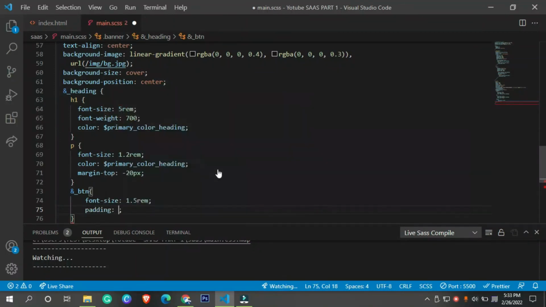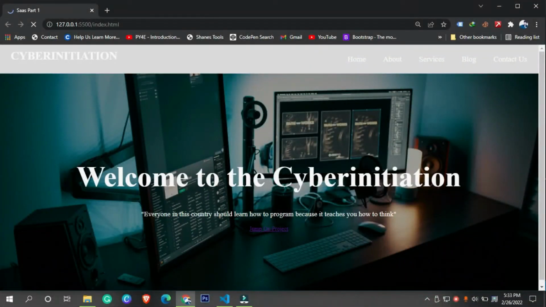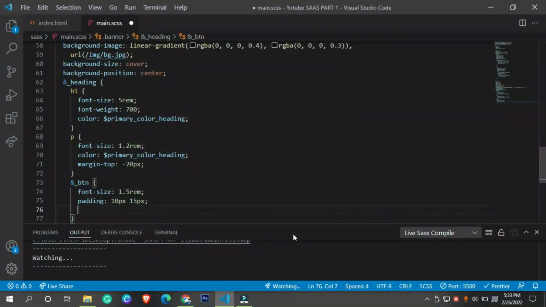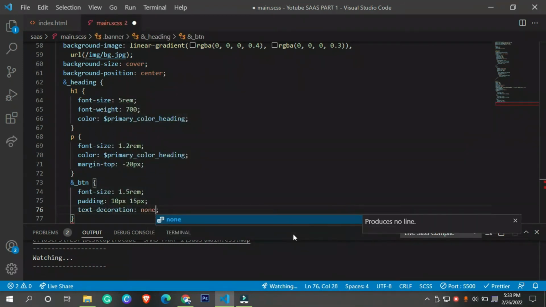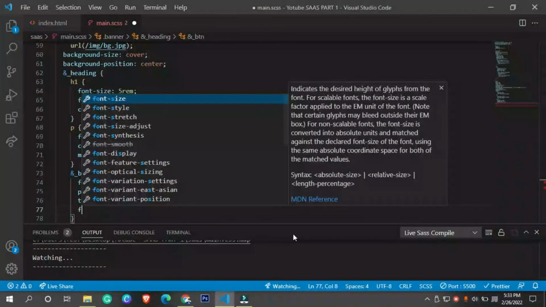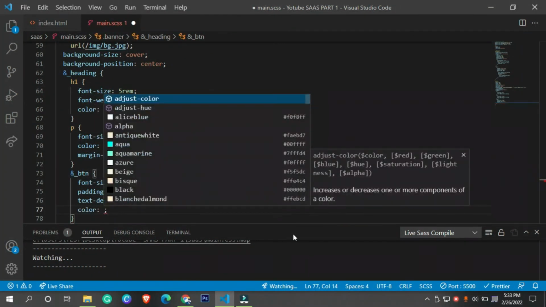The padding that I want around, let's say 10 pixel. After that, let's say 15 pixel from top to left to right, and it is going to reload. So yeah, that's how it looks like. After that we can also change the text decoration to none, and then let's change the color.